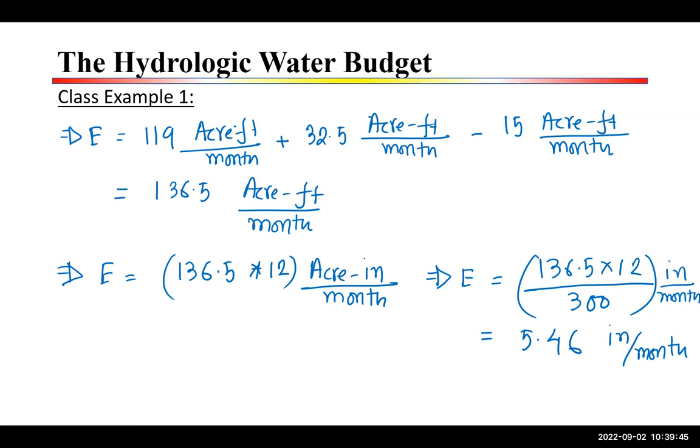And there is no right or wrong sequence. You can do it any way you want. If you are a little bit strategic, that will save you a little bit of time. But other than that, you can convert everything into inches, or you can convert everything into feet. It doesn't matter. At the end, you will come back to inch per month, right? Okay. So that was class examples 1 and 2. Now, I have